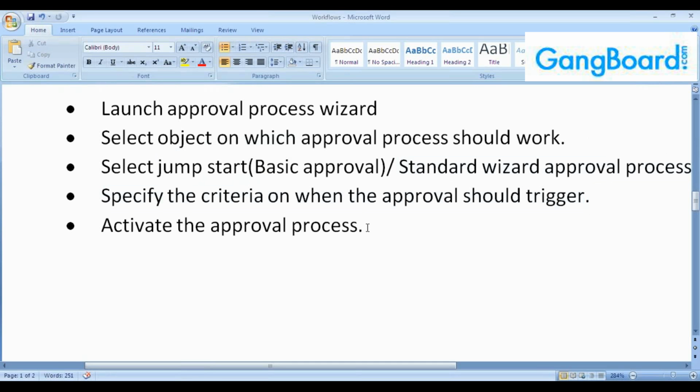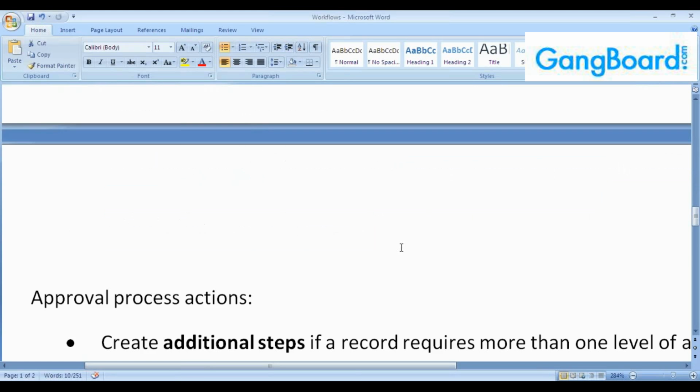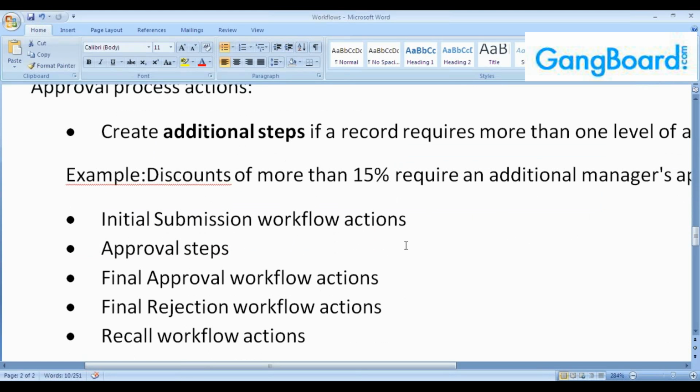And finally, you will be activating the approval process. Do not forget to activate it. Then only things will get done. So once you have specified the criteria, after that there are a few more actions that need to be specified, which